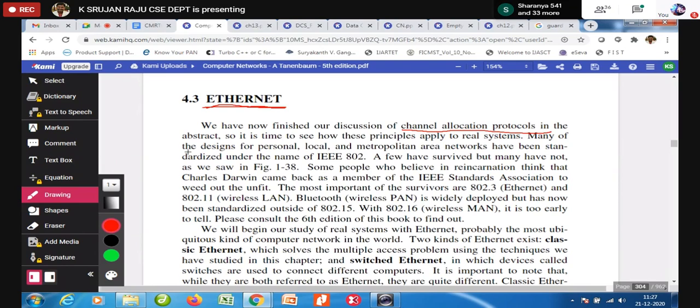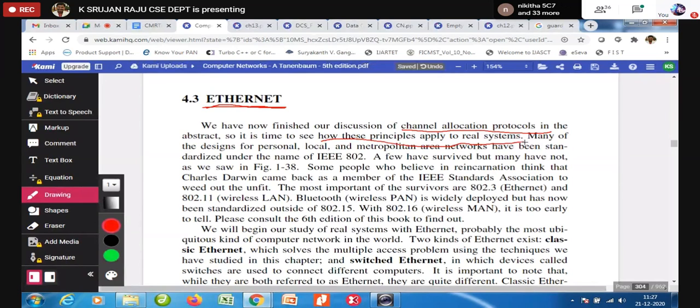We have also seen channelization protocols: FDMA, TDMA, and CDMA. But how these are used in real systems is what we will see now. It is time to see how these principles apply in real systems.